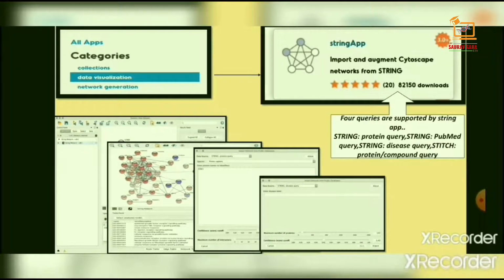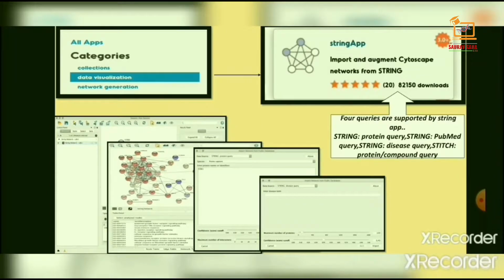STRING disease query means you enter a disease name to retrieve a STRING network of the top N proteins associated with a specified disease. And STITCH, the protein compound query, means you enter a list of protein or compound names to obtain a network for them from STITCH.